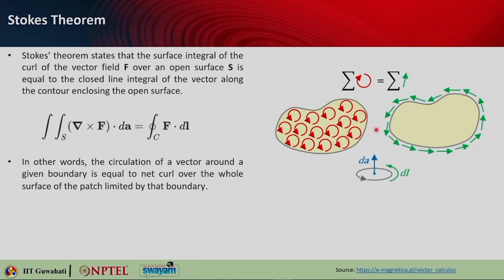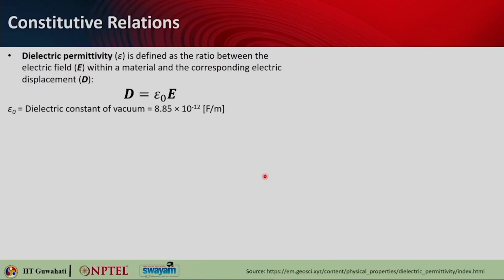So it's very nicely shown pictorially. You can understand the sum of all the curls is basically the sum of this line integral. And what is dA? dA is nothing but the unit vector that is normal to the surface. So in other words, you can say that the circulation of a vector around a given boundary is equal to the net curl over the whole surface of the patch limited by that boundary. So with that, we understood the basic theorems and the basic operators that will be needed for dealing with Maxwell's